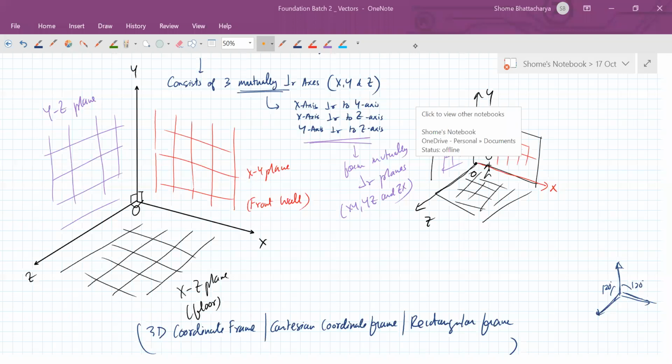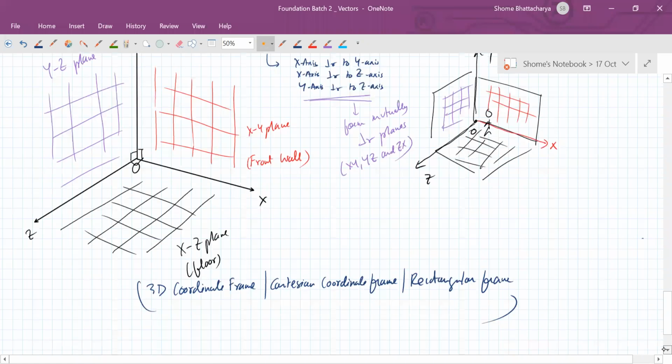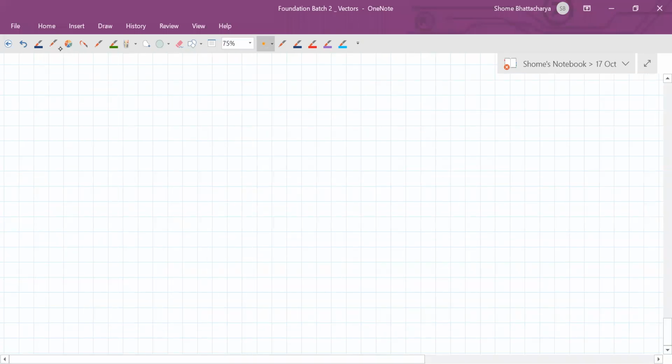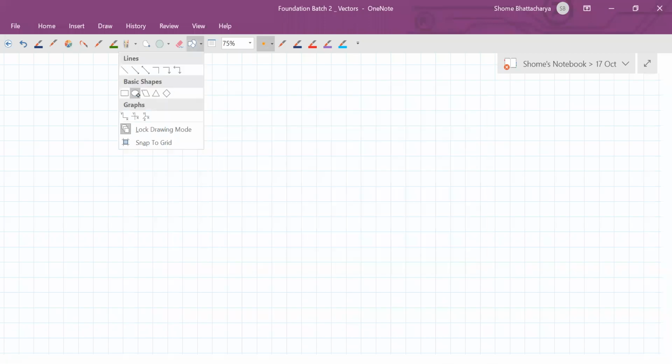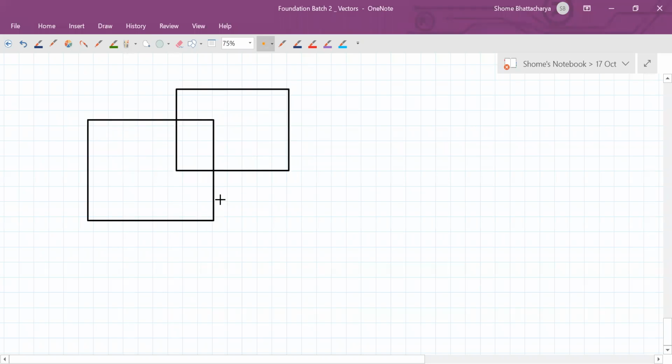I'm just explaining that this is not a system of three lines which are in the same plane. In that case, they would be at 120 degrees to each other. This is a case where the three lines are actually three-dimensionally placed, so they are at 90 degrees to each other. Okay. So another way to visualize this is just imagine you have constructed a rectangular box, like this.